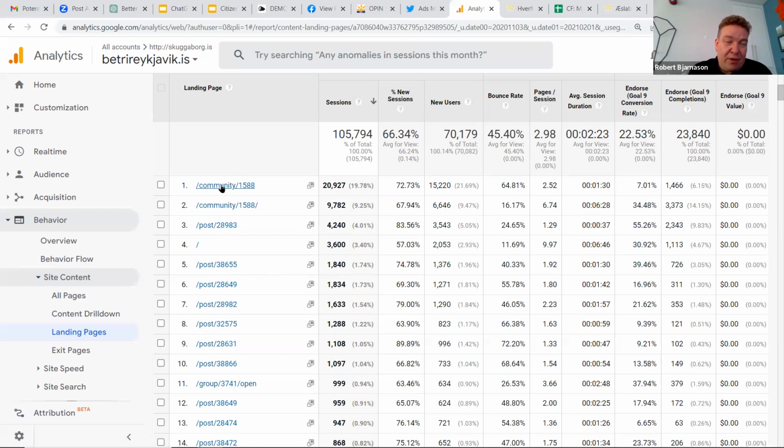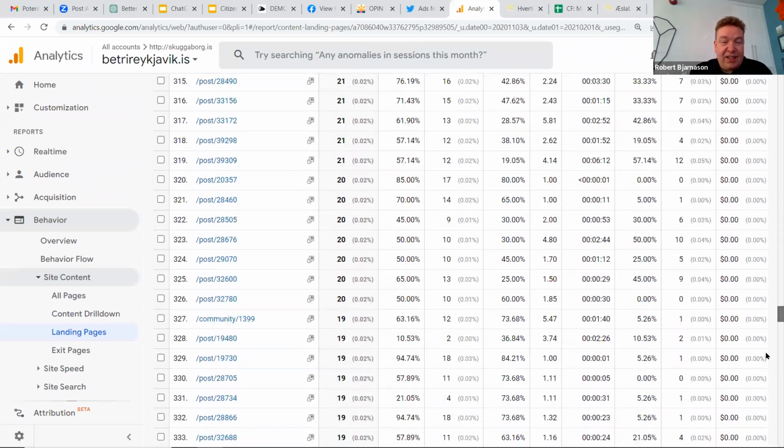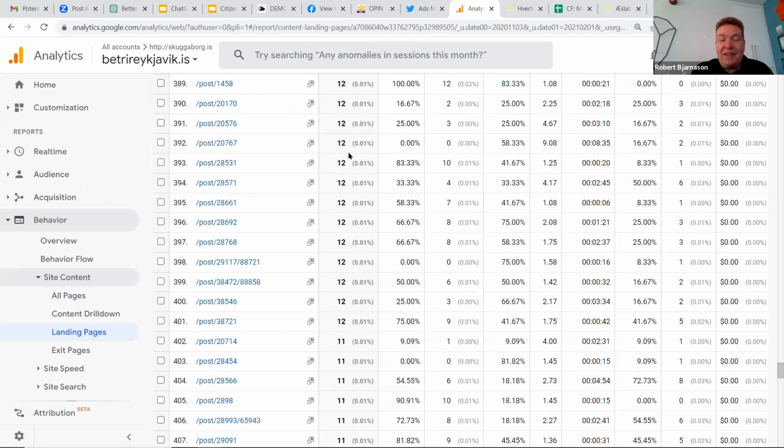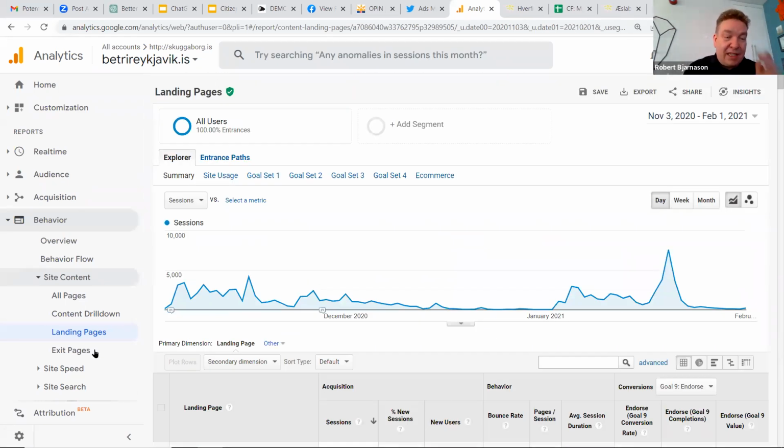And you can see here from the URL, a community coming directly to the homepage of the project, but otherwise people are coming through individual posts. And then it just goes on and on. Some ideas, only 12 people come through those ideas, but then you have 1,000 ideas. So this is sort of landing pages.